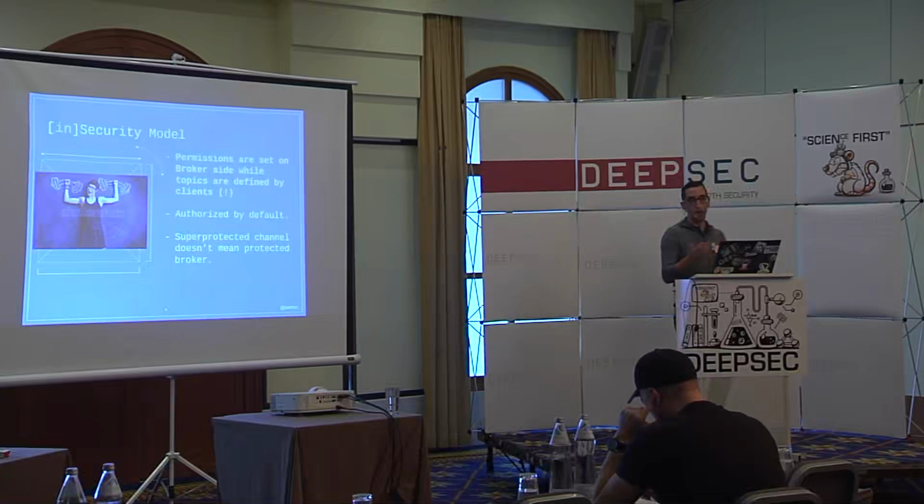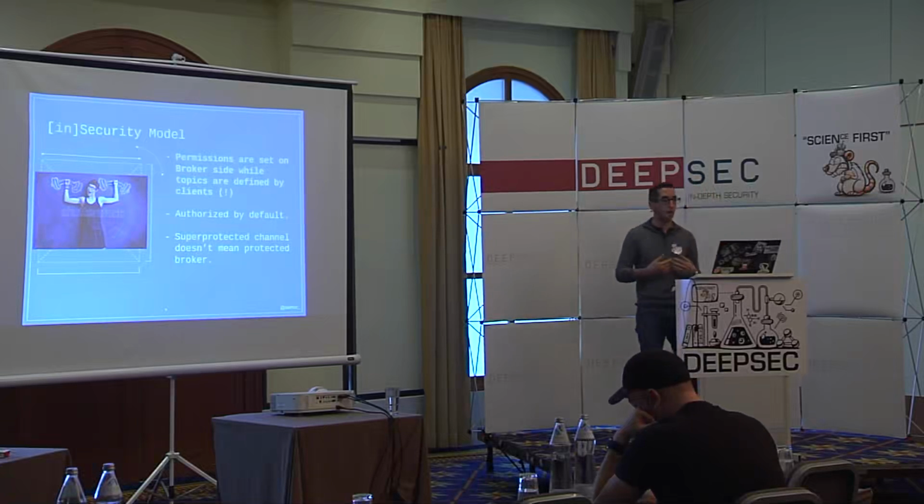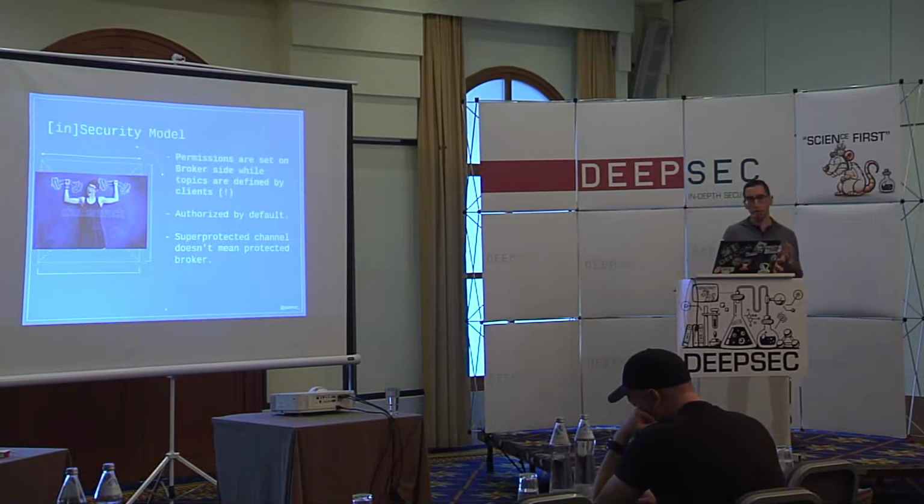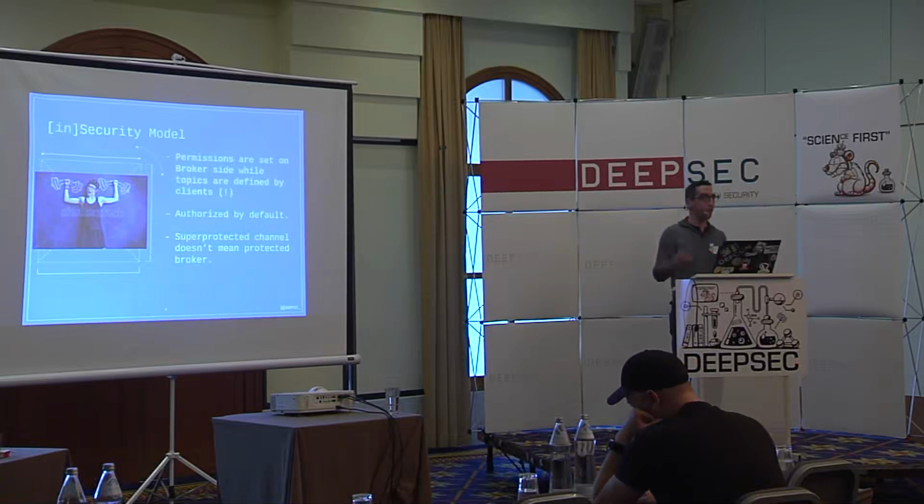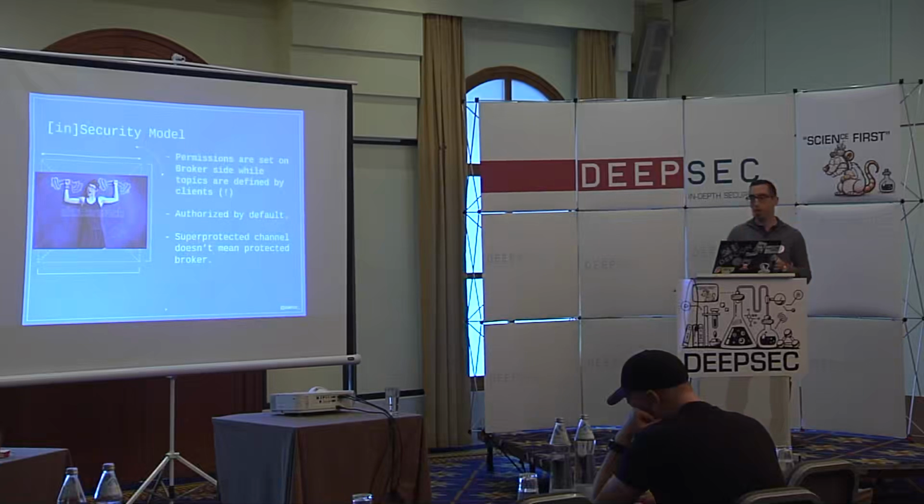That's a problem, and here's why. It requires me, as someone that is setting up the sensor, to really know what I'm doing. It's not so easy sometimes. It requires me to know every kind of topic that I want and what kind of permission model I want to implement under it, and I have to really know what it's doing, not just what the documentation says. In this example, I actually read through the code and found a topic that wasn't documented anywhere, and without this knowledge, I would not have been able to pin down this topic and set a wise permission on it.